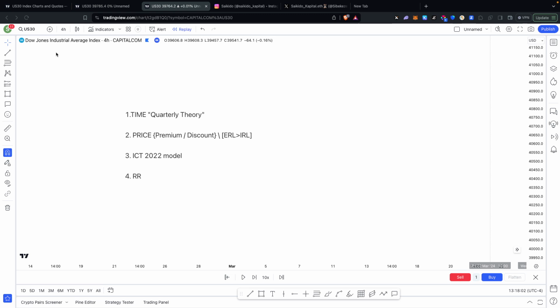there was something that I found out when I was back testing it now, which made me want to record this video, because I don't think you guys know what the ICT 2022 model is. The price premium and discount. I actually do teach the use of this in my mentorship. I show you how to use these things when you're moving from external range liquidity to internal range liquidity and vice versa, from internal range liquidity to external range liquidity, because that's basically how the algorithm works.